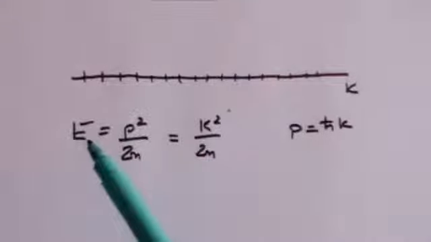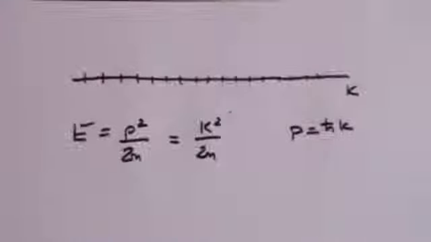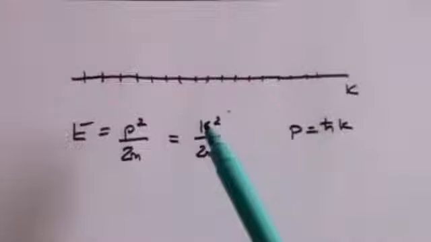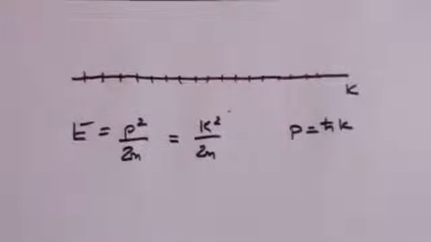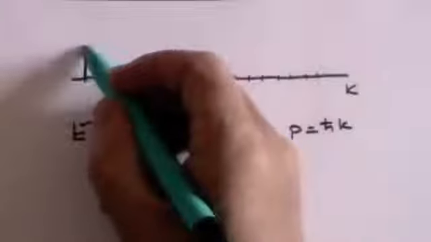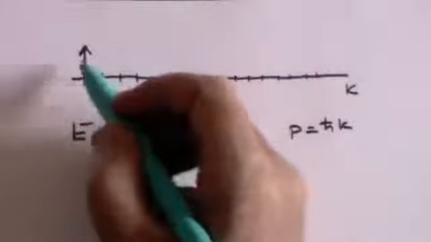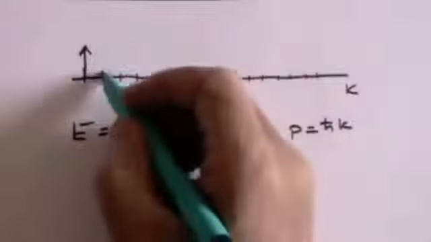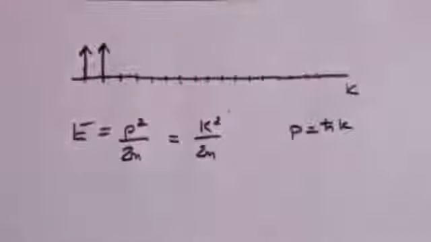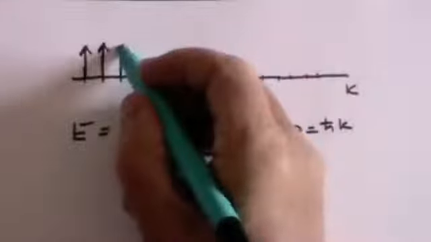So since fermions, since electrons will want to occupy the lowest energy state, what that means is that they will also want to occupy the lowest k state, because that is equivalent to the lowest energy state. So when a fermion comes along and wants to occupy a k state, it will sit at the lowest value of k. When another electron comes along, it cannot occupy that state because it's full. Pauli's exclusion principle says no, you have to occupy the next lowest energy state. And so on. As more and more electrons come along,